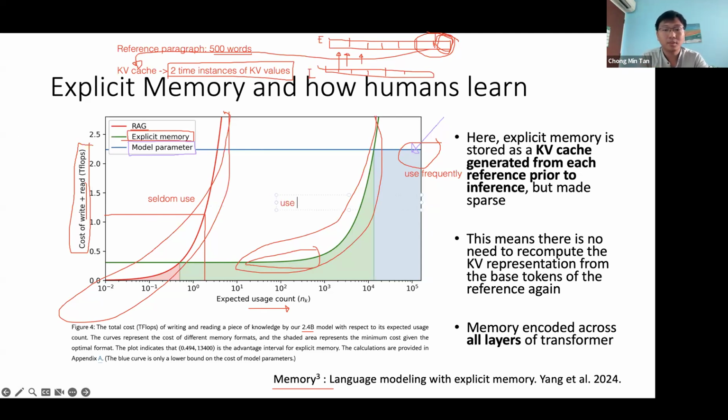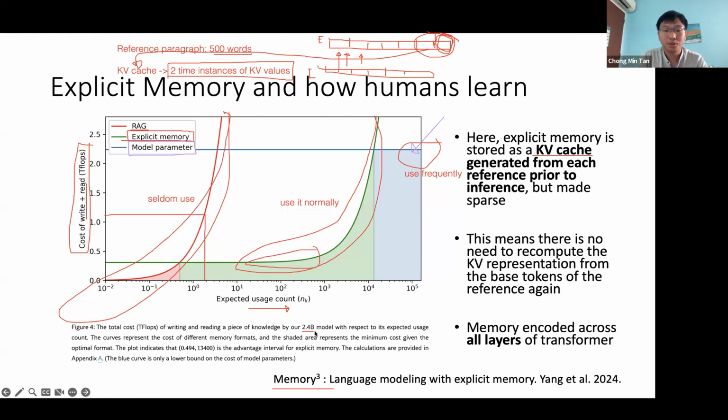And if you use it somewhere between frequently and seldom, maybe occasionally, or normally, so if you use it a little bit more than seldom, then it makes sense to store things in your explicit memory, which is your activation values of the embedding spaces. And over here, I'd like to highlight that the authors tried at first to store the entire embedding values. They stored the entire KV values for all layers of the transformers, and they realized that